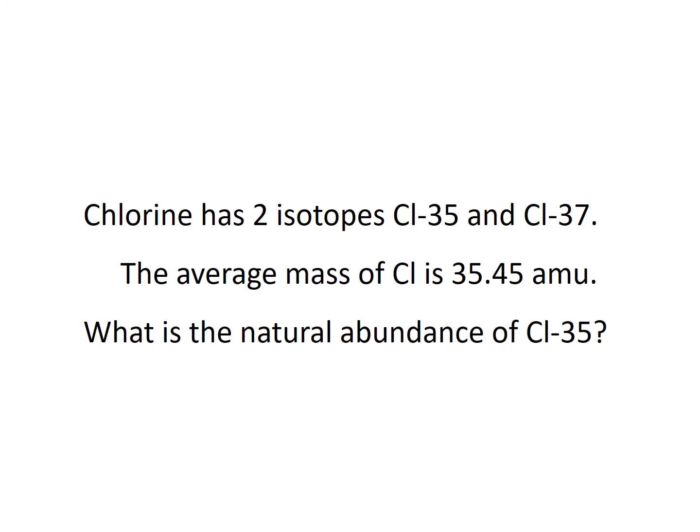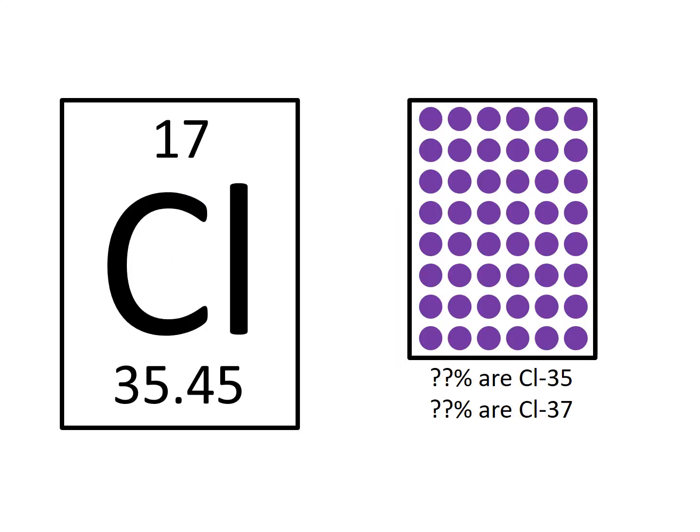Chlorine has two isotopes, chlorine 35 and chlorine 37. The average mass of chlorine is 35.45 AMU, and so that's our atomic mass. And so what is the natural abundance of Cl35? Okay, so what we're asking is like this number right here,